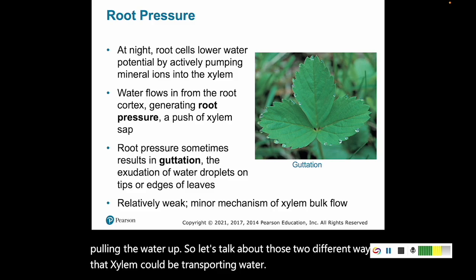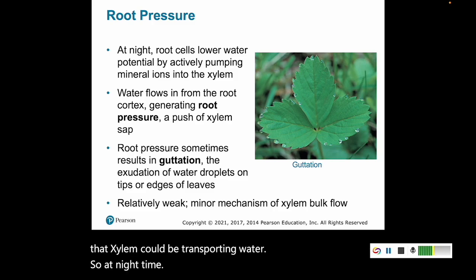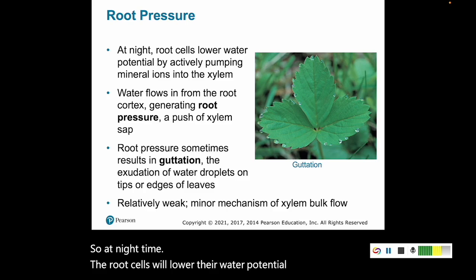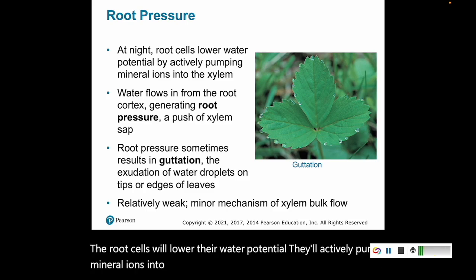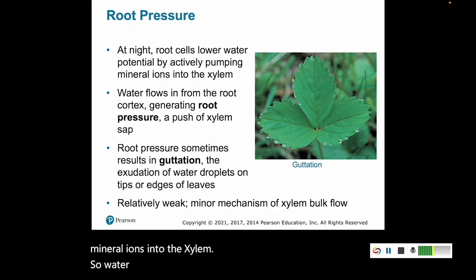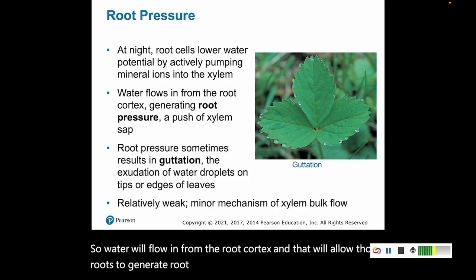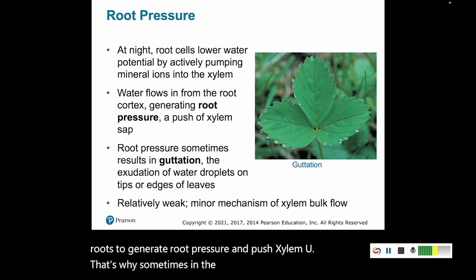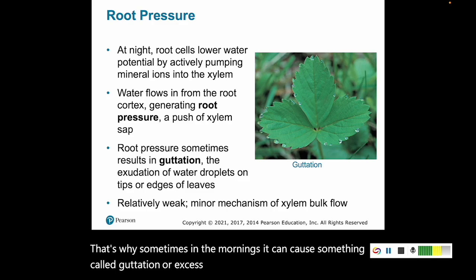So at nighttime, the root cells will lower their water potential. They'll actively pump mineral ions into the xylem. So water will flow in from the root cortex, and that will allow those roots to generate root pressure and push xylem sap up. That's why sometimes in the mornings, it can cause something called guttation, where excess water will appear as droplets on the edges of